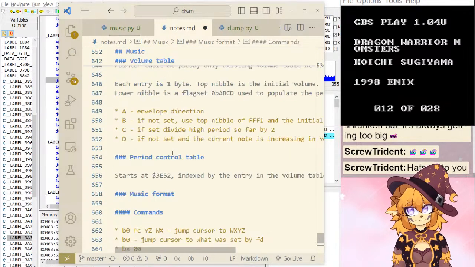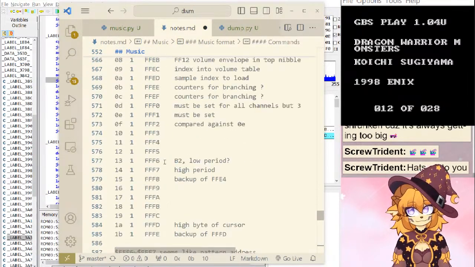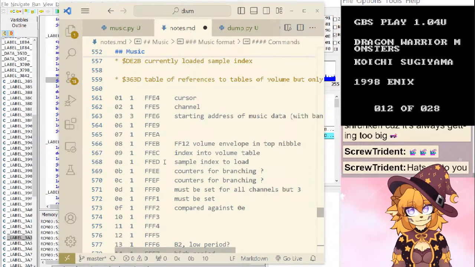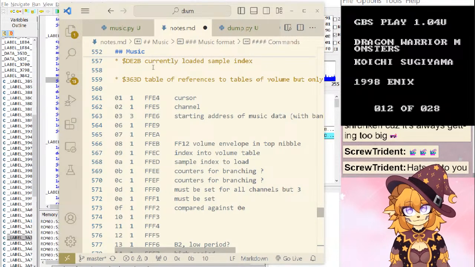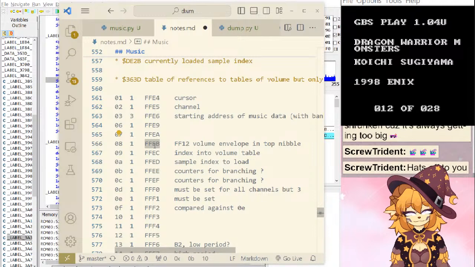So what is EB? Do we know what EB is? Volume, envelope, and top nibble. So we know part of it. We don't know the bottom part. We only know the top part.